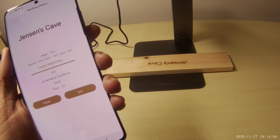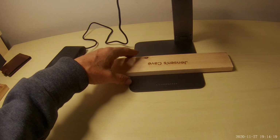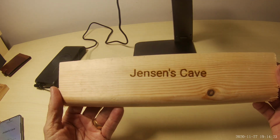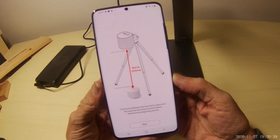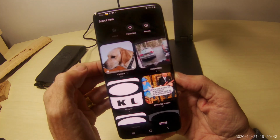99%, nearly finished, and that's it. All done and dusted. Right, let's have a look at that. And there we go, Jensen's Cave. So easy to do. And just to show how easy it is to do photographs, basically start, go into album,